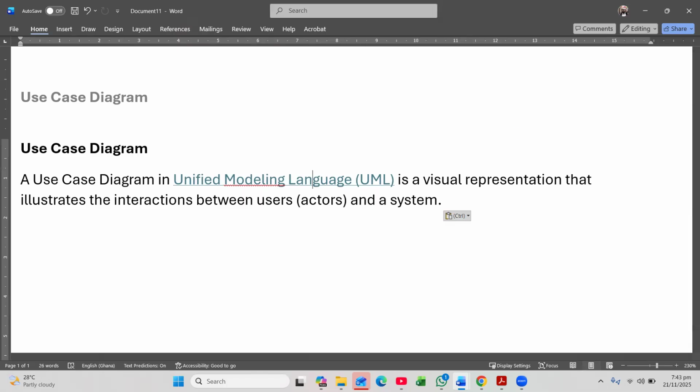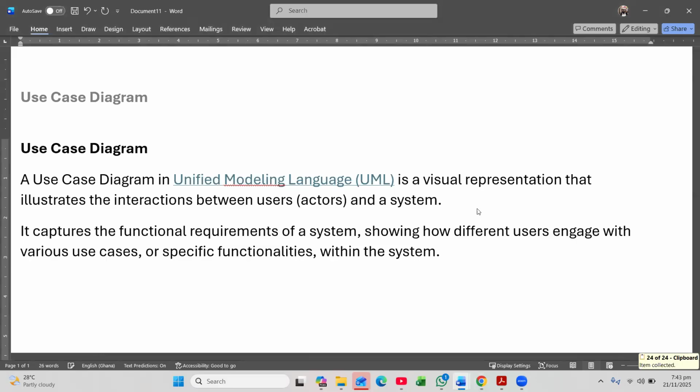Now, how does the use case diagram work? The use case diagram is used to capture the functionalities of a system. So it captures the functional requirements of a system, showing how different users engage with various use cases, or specific functionalities within the system. So my use case diagram allows me